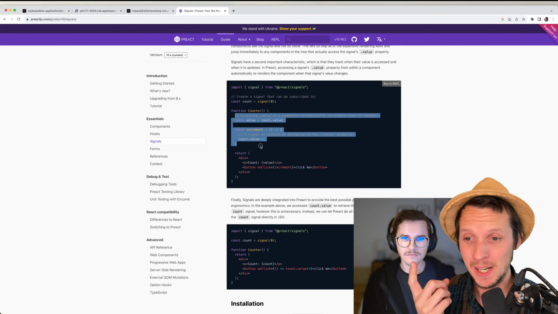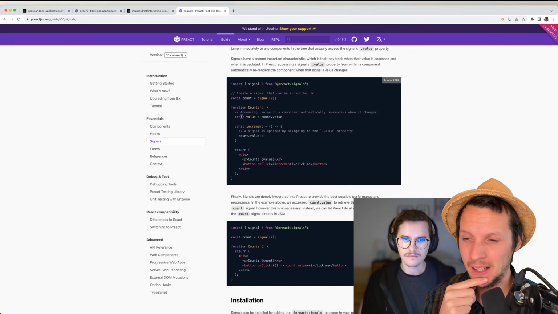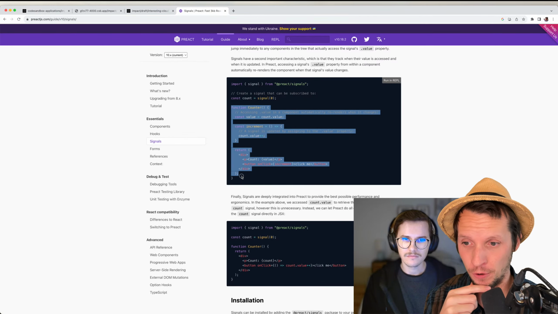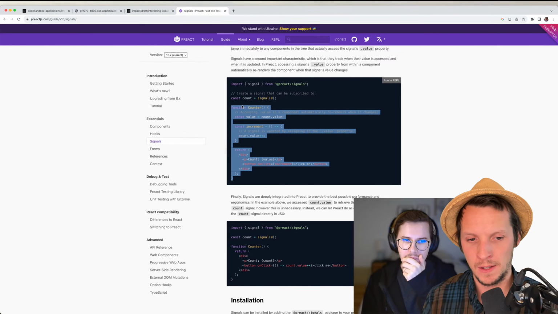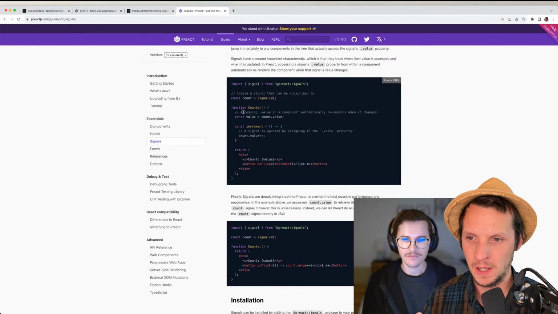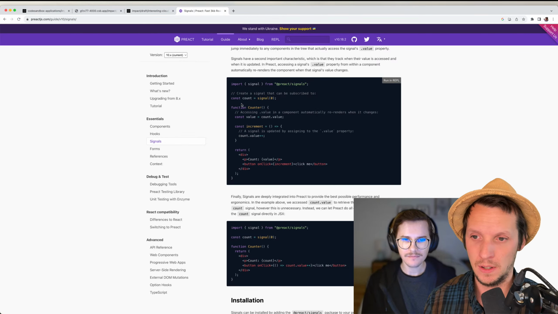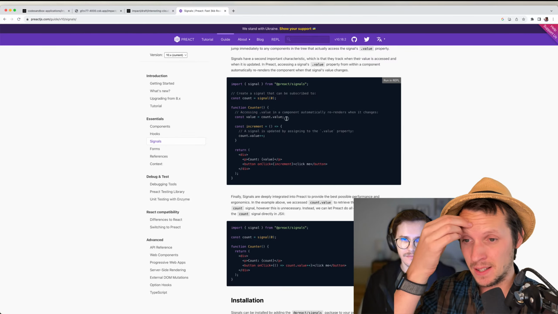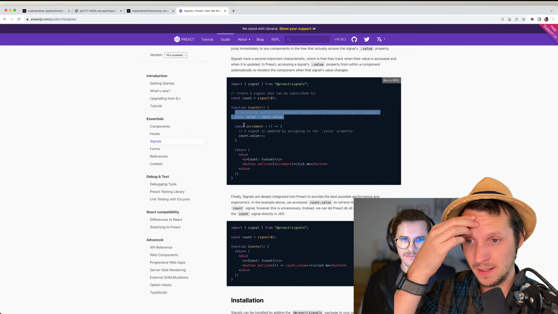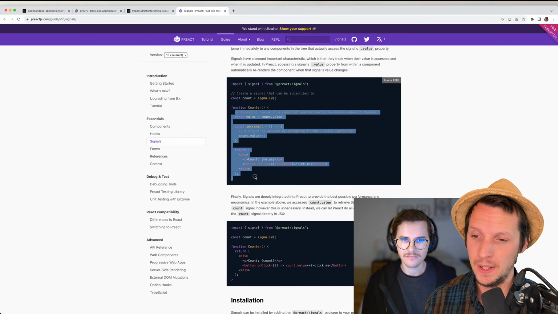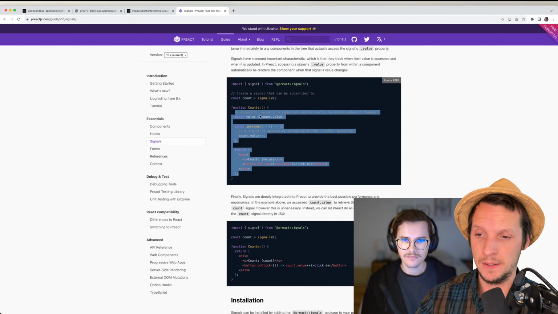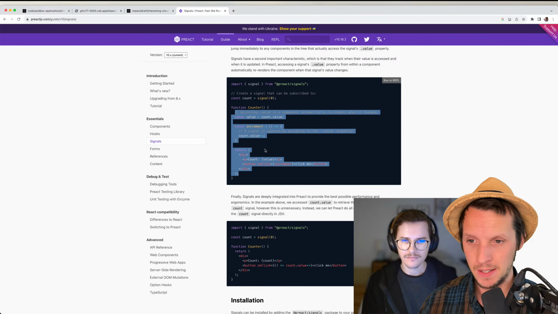But what's really cool about Preact is that, first of all, components have observing by default. With React, you have to use the using keyword to trigger the observing in the component. But in Preact, that just works. And if you access a signal value in the component body, then it will reconcile the whole counter component in this case.